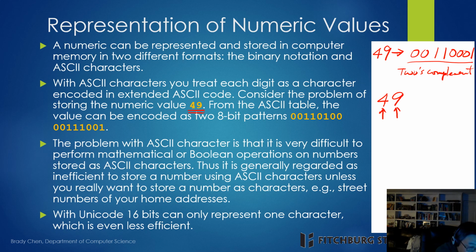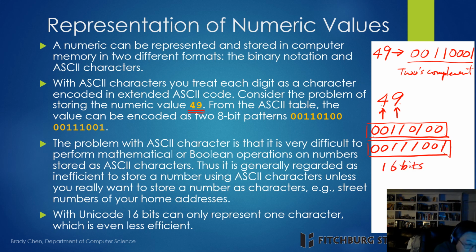We find that 4 can be represented using the ASCII code 00110100. Okay, now look at the ASCII table. We find that the ASCII code for 9 is 00111001. So 49 can be represented as an 8-bit sequence and another 8-bit sequence. So we use a total of 16 bits